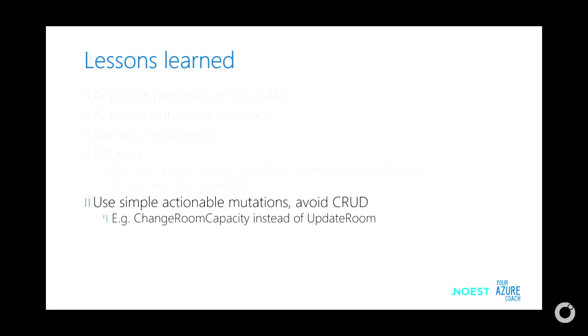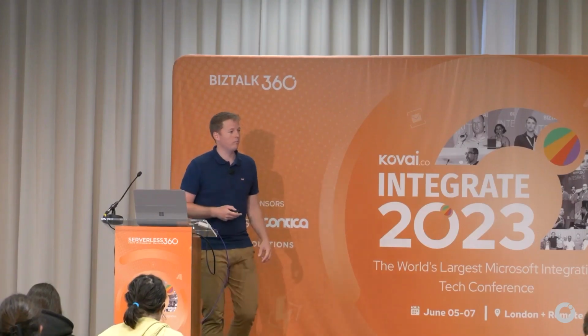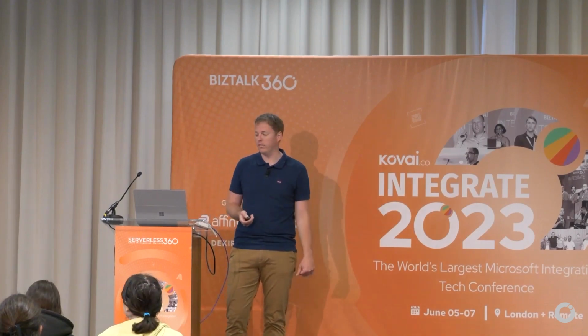We are typically in a CRUD mindset: create, update, delete. But think also actionable. When you create APIs, make them actionable and maybe event-driven. If you change, for example, the capacity of a room, you add a new bed to it, so now it has a capacity of 3 beds instead of 2, you can just call that mutation change room capacity, and not update room and just update the capacity of that room. So just make it more actionable, so maybe also you can plug it in easier in event-driven architectures.